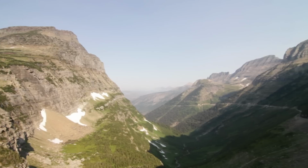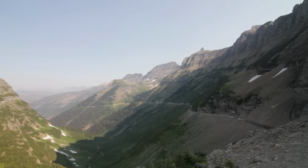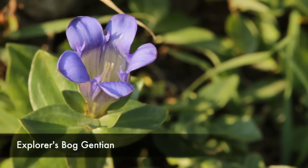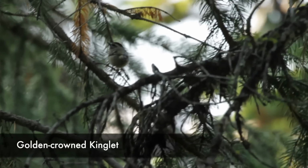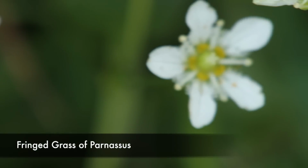And then there's a nice rock wall you walk past, and they got some cable that you get to hold on to. And even if you don't want to hike the entire thing, I recommend just walking along the Highline Trail for a while and then turning around and coming back. So it stays pretty level for most of it, and you just get these epic views just looking way into the